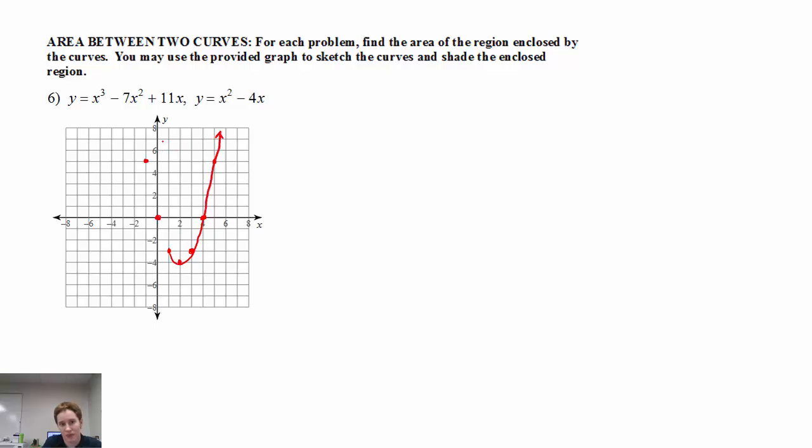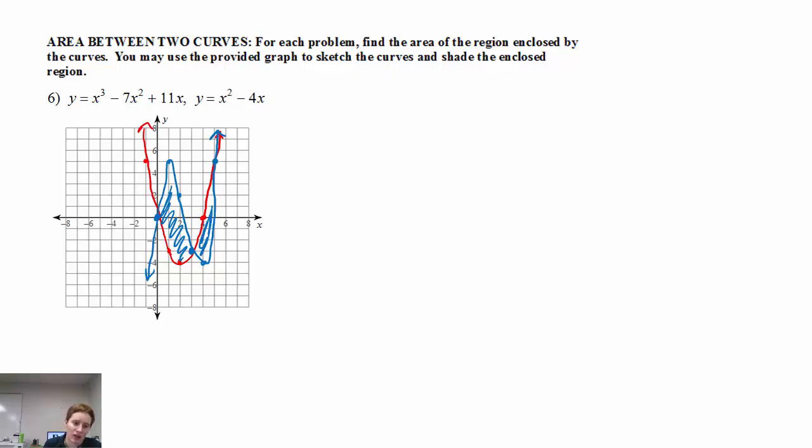So here's our parabola. Then we've got our cubic function, which does go through 0, 0, and goes to 1, 5, and then 2, 2, and then 3, -3, which is a point of intersection, and then 4, -4, 5, 5, so something like that. That's kind of badly drawn on my part, but